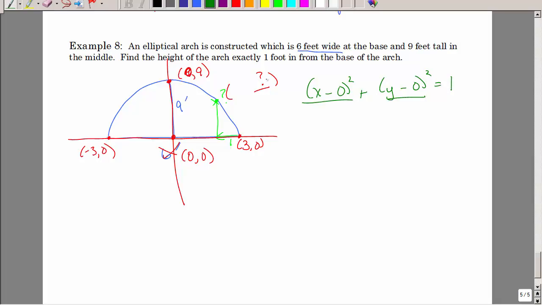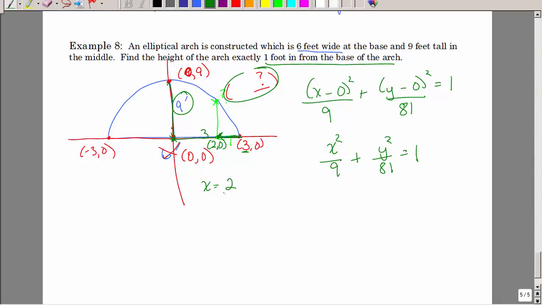So I'm going to get an equation so I can find a particular x and y coordinate, because that's really what they're asking for. Well, the distance between here and here is 3, and that's in the x direction from the center, so that's going to be 9. 3 squared is 9. Here to here is 9. That's in the y direction, so that's 81. And you're saying, well, how's that going to help me find the height of the arch? Well, 1 foot in from the base. So here's the center, 1 foot in. So if this was at 3, 0, that means,